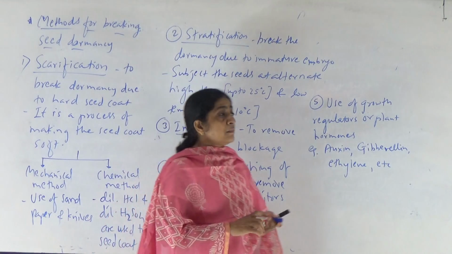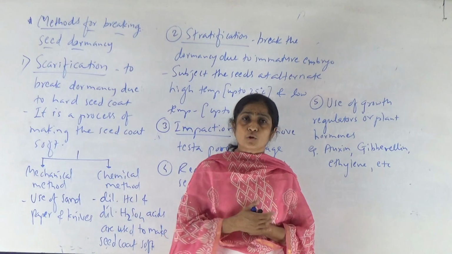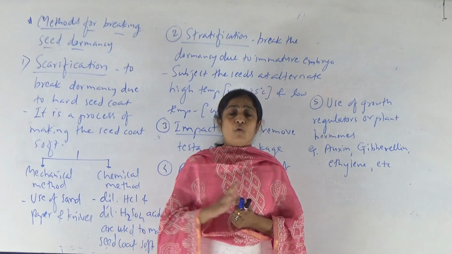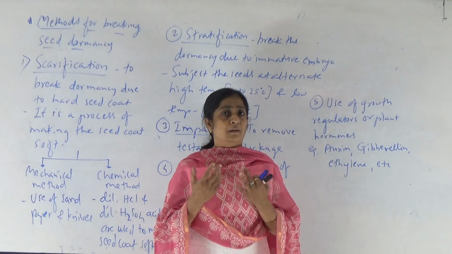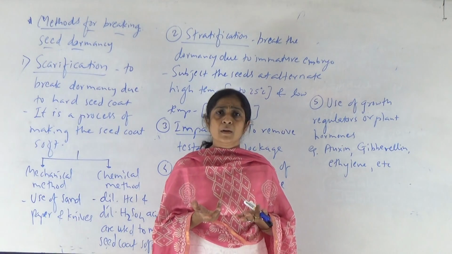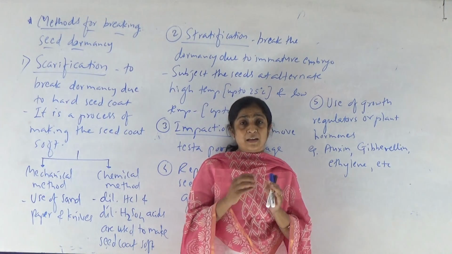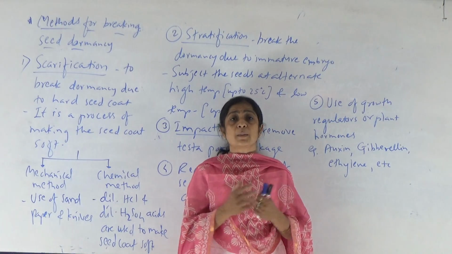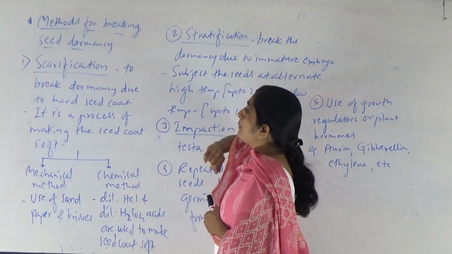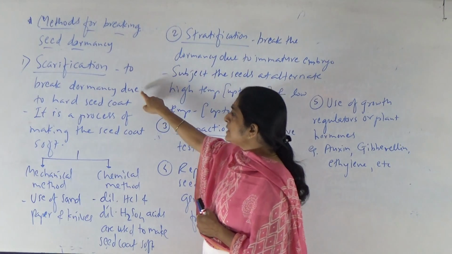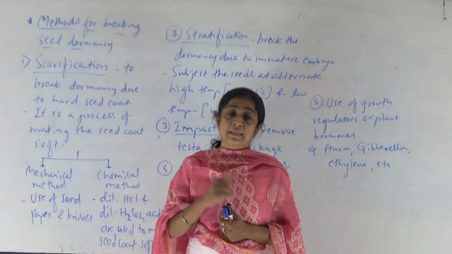Now these methods can definitely be practiced especially for agricultural crop seeds. Okay. What about wild plants? Even wild plants, when they develop seeds, may have dormancy. Do we go to break the dormancy of seeds of forest trees? No. We break the dormancy of seeds of agricultural crop plants because they provide us food. Okay. So in the case of wild plants where the dormancy is due to a hard seed coat, how can that dormancy be broken?